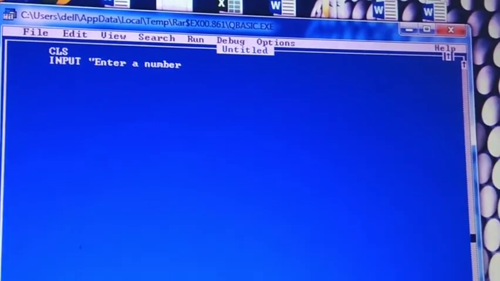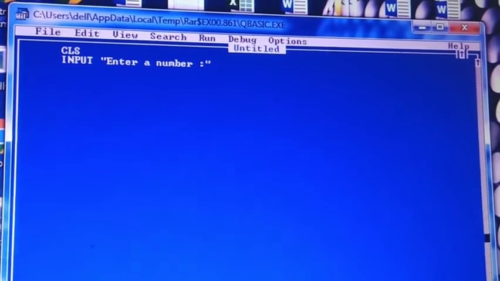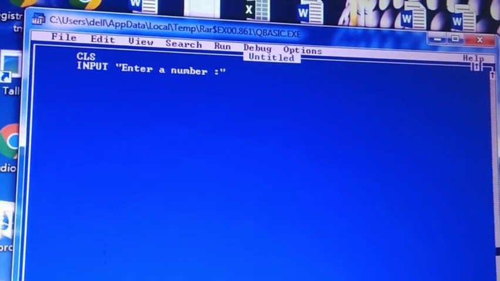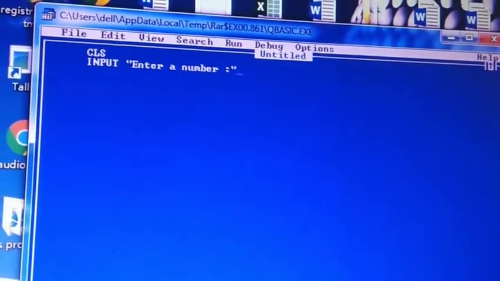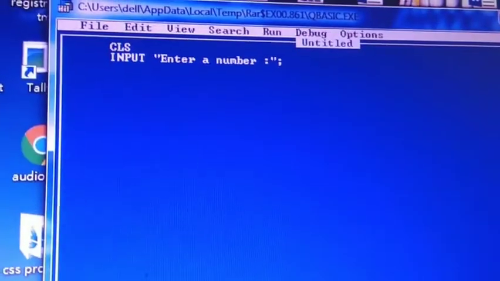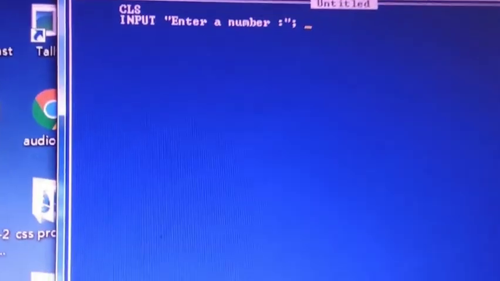Then space, then inverted comma and semicolon. Then semicolon, write capital N.